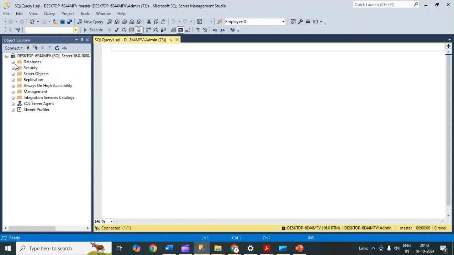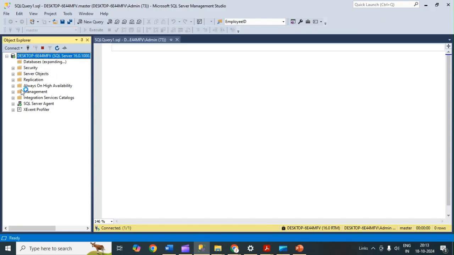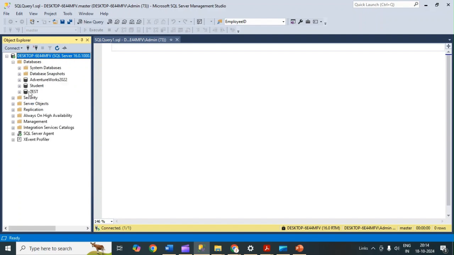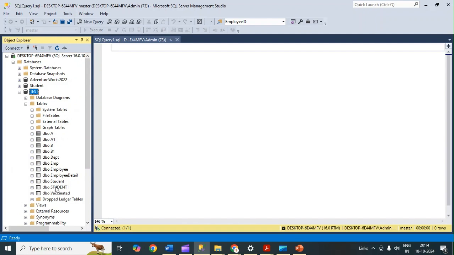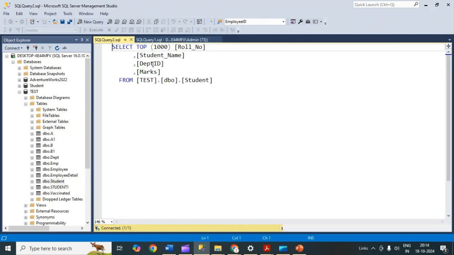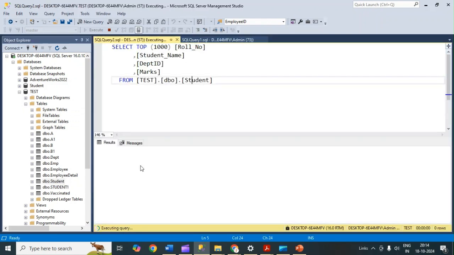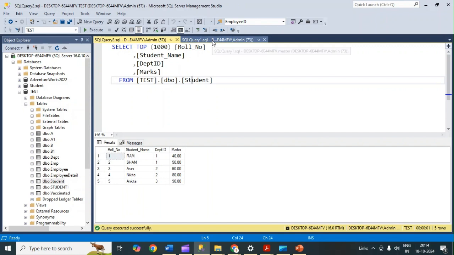सो अभी हम थोड़ा प्रैक्टिकली सेशन पे यहाँ पे मूव करेंगे, ठीक है। तो जैसे मैंने कल आपको बताया था कि मैंने एक टेबल क्रिएट किया था, स्टूडेंट टेबल। ओके, तो ये मेरा टेस्ट डेटाबेस है, इसमें मेरा एक टेबल है स्टूडेंट करके। तो ये मेरा एग्जिस्टिंग टेबल है। अगर मैं इसको रन करता हूँ तो मुझे इसमें से जो डेटा है वो डेटा मुझे यहाँ पे मिलेगा, ठीक है।